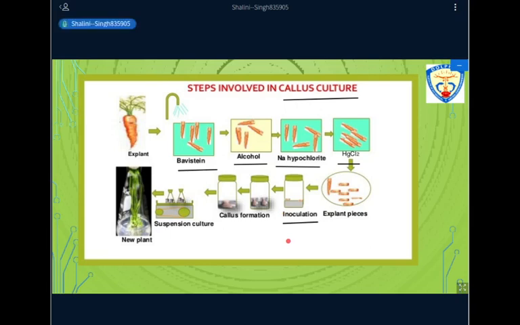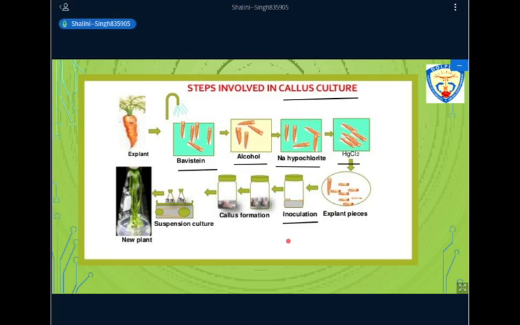After inoculation, there is one more term, that is incubation. That means this culture flask will be kept at optimum conditions. What optimum conditions? Your plant growth requires some specific temperature to be maintained. So in a tissue culture lab, the specific temperature that is maintained is 25 plus minus 2 degrees. With the help of air conditioners or room heaters, you can maintain this temperature. And if your plant has some specific requirements, some plants require very low temperature, accordingly you can maintain that temperature.